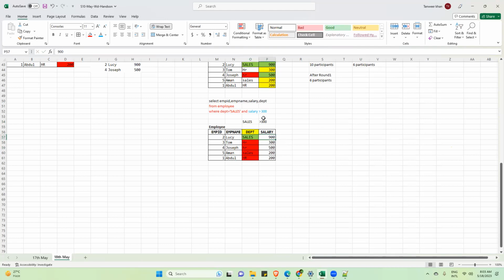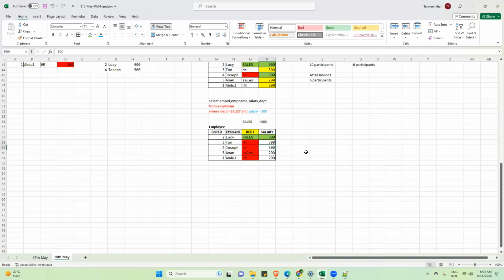So we will test it. Is it satisfying this condition? Yes. So now this record is selected. Will you check the condition salary greater than 300 on this second record? No, the first condition is not met, so you will not test it here. So I will not mark anything because this is not in scope and it has not participated. What about this record?